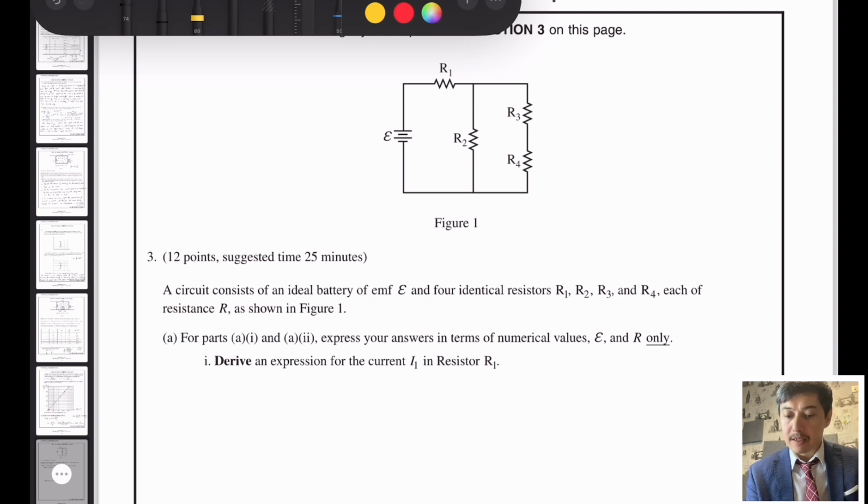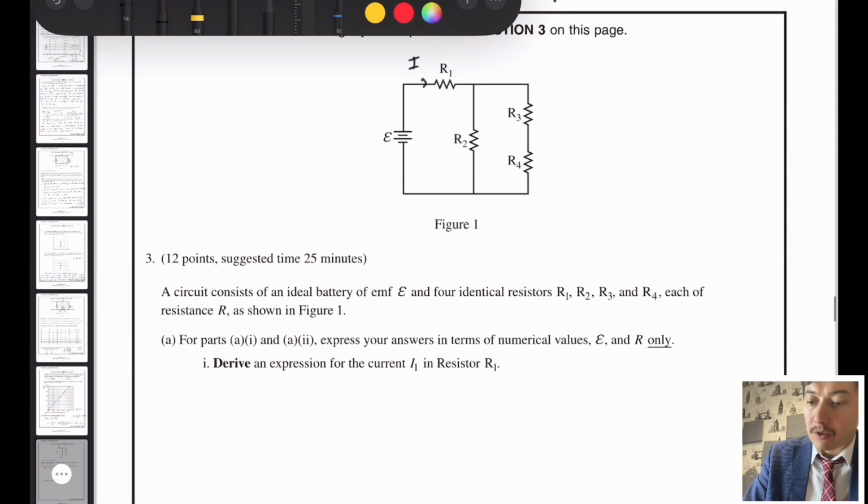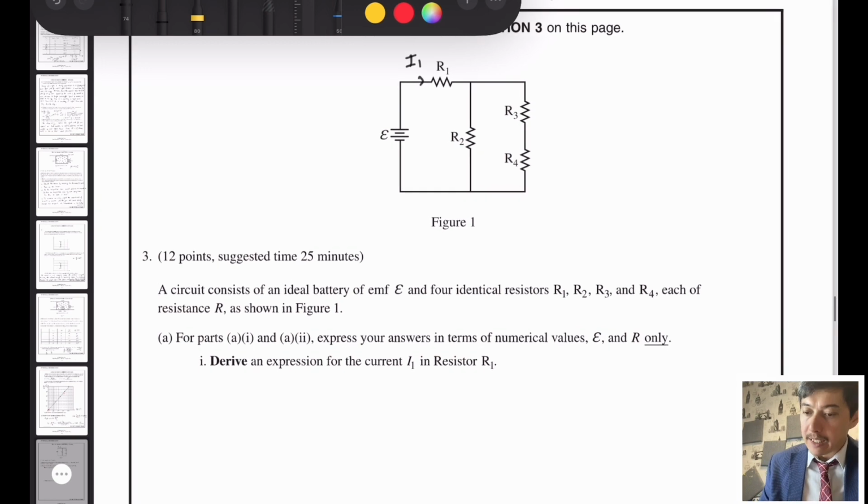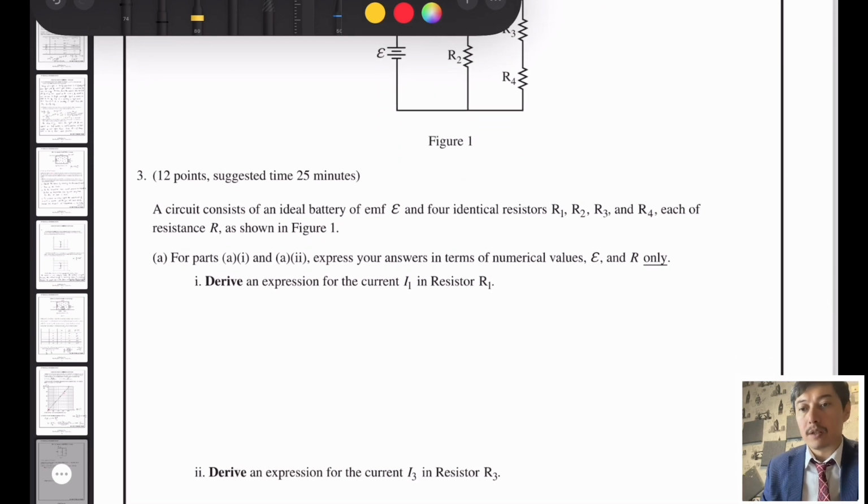For parts A first and A second, express your answers in terms of numerical values epsilon and R only. Derive an expression for the current I1 in the resistor R1. So we have to find what is the current I1 passing through R1. We can see that the R1 is located on the main line. The same wire is passing through the battery. So if we can find equivalent resistance of all resistors, we can calculate easily the current passing R1 using Ohm's